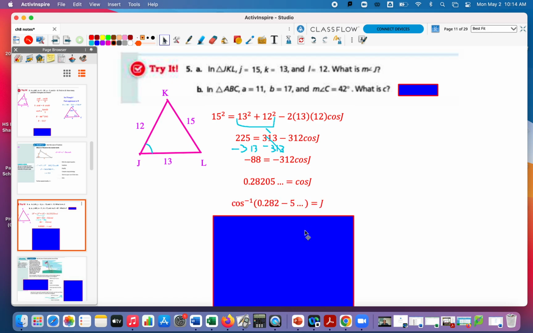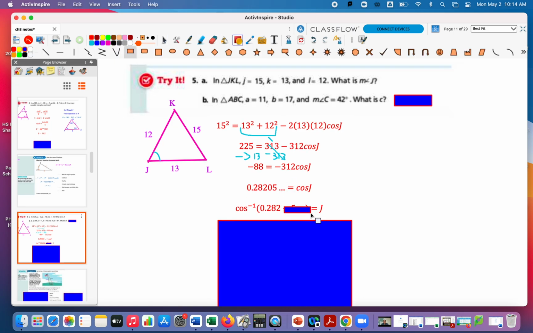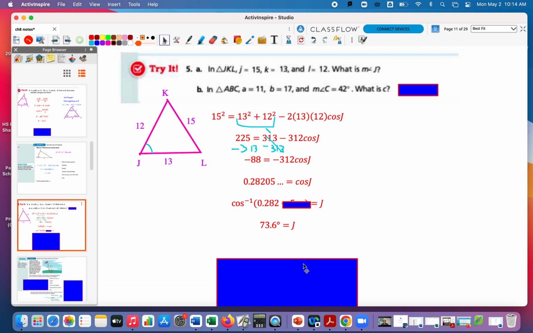And this time around, you're going to use an inverse cosine. So we'll do the inverse cosine and get angle J. In this case, kind of like a weird typo there. Oh, that's supposed to be a 0 there. Sorry, guys. You can kind of just ignore that. Just type in this here, inverse cosine of that, and then you get J is about